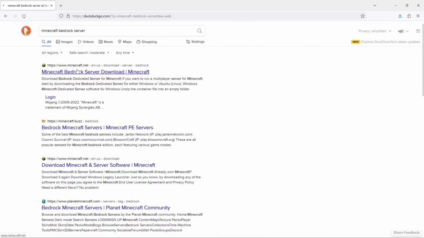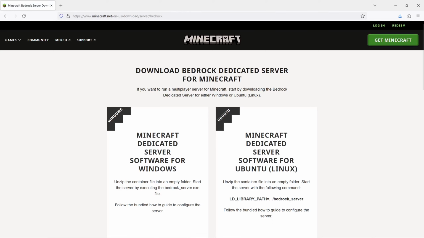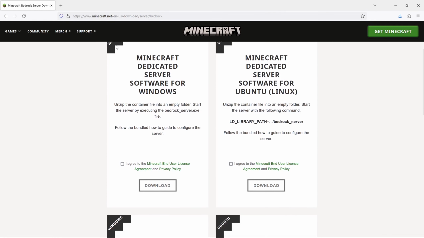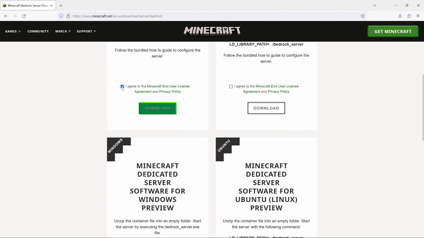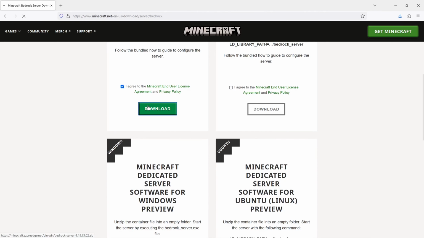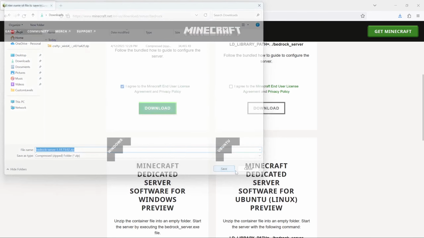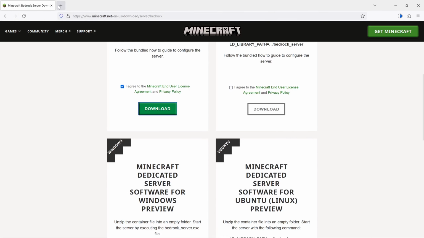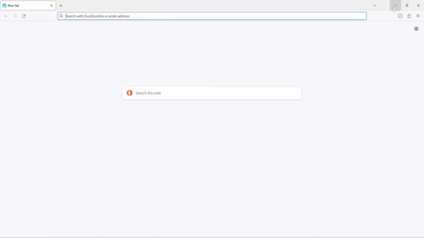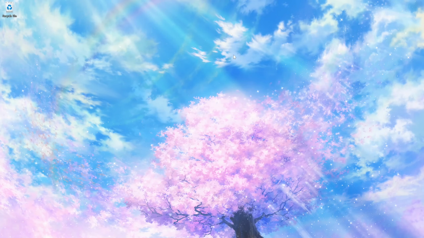It should come up with Minecraft Bedrock server, and the domain's going to look like www.minecraft.net/download/server/bedrock. Then you're going to head down here, look for Minecraft dedicated server software for Windows, read the EULA, download it, save it, and then we can open up a new tab and then minimize it. Then we're going to head over to File Explorer